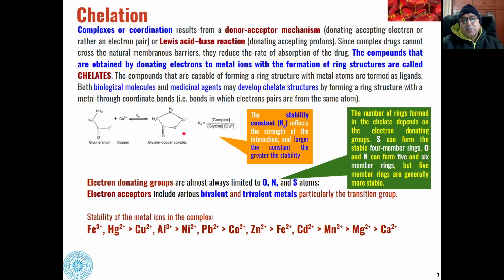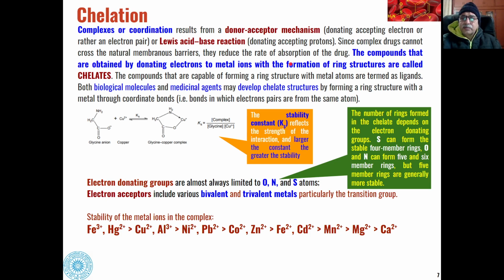Then next property is chelation. Chelation, or this is called as formation of coordination complexes. And chelation results from donor receptor mechanism, that is one molecule will donate electrons, whereas other molecule will accept electrons, and this is again similar to Lewis acid base reaction. In Lewis acid base reaction also, there is one molecule will be donating electrons, whereas other molecule will